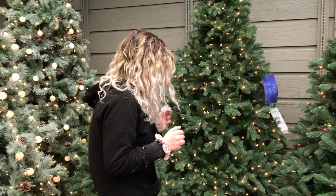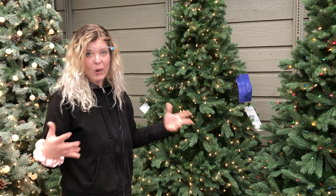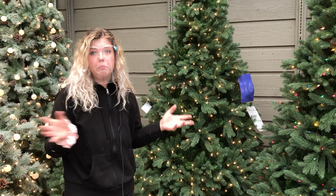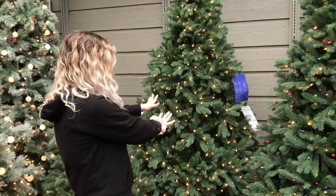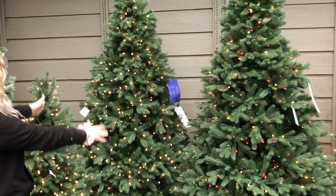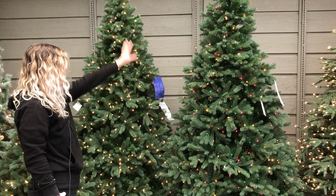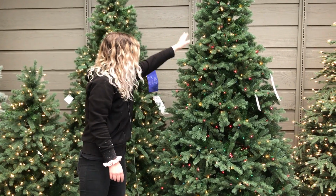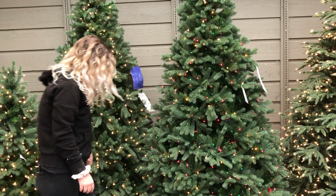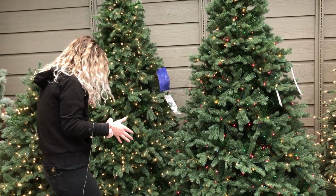Outside of that, the only other thing that you want to think about with your artificial Christmas tree is how many lights do you really want on that tree. Some trees will have less than average, so 100 lights per foot. Some trees will have a lot more. So these trees in particular, they have that absolutely perfect, smooth cone shape, and they're going to have over 1,000 lights in these trees because they're going to look so wonderful just sticking right out on all of the edges of these branches. When you have these really big, fluffy, full trees,